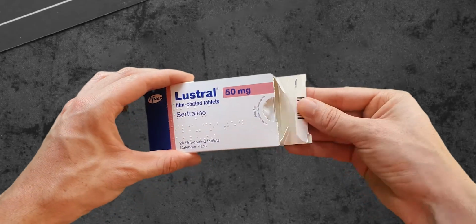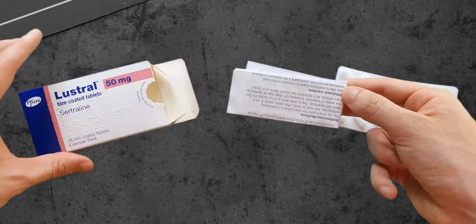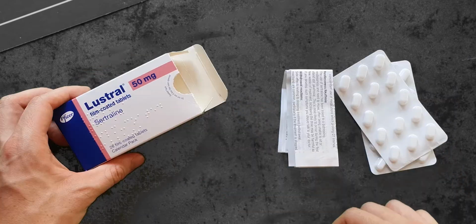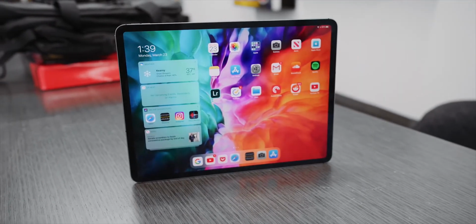Unboxing it, we get the products, of course, the instruction manual, no warranty included by the way, and like we've seen over the last year with Apple and Samsung on their phones, no charging brick is provided either. But aside from that, the main thing that confused me before receiving this was that somehow there are 28 tablets inside this box. Now, if you think about the original tablet, the iPad, it had a screen size of 9.7